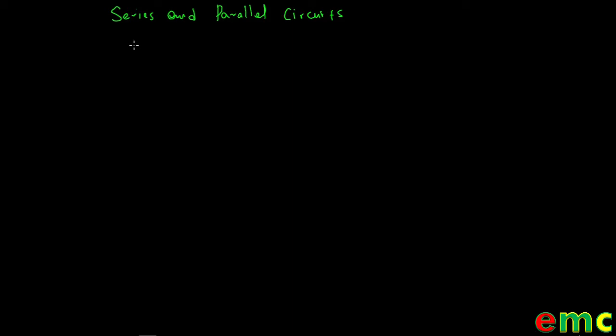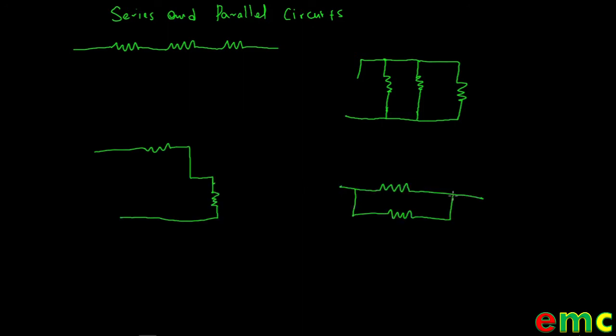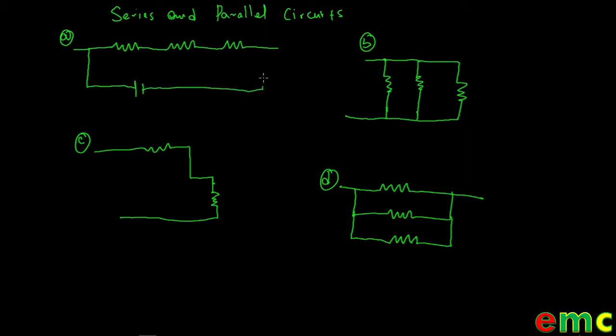Let's consider these figures. From these diagrams, which of them is series and which of them is parallel? Given that a series connection is a kind of connection in which there is only one path for current flow, if we have a voltage source across all of these connected loads,